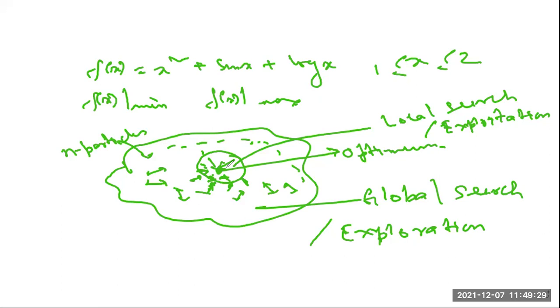Sir, global search. Global search, if you do, then what will happen? You are around this solution. Now, you need to fine tune your solution. So if you are performing the global search, you may deviate from this particular solution. You may be going in some other direction. So any particle which is near to the optimum solution, we should perform the local search. That has to be remembered clearly.